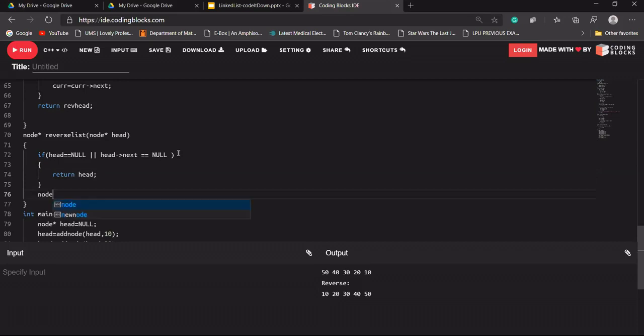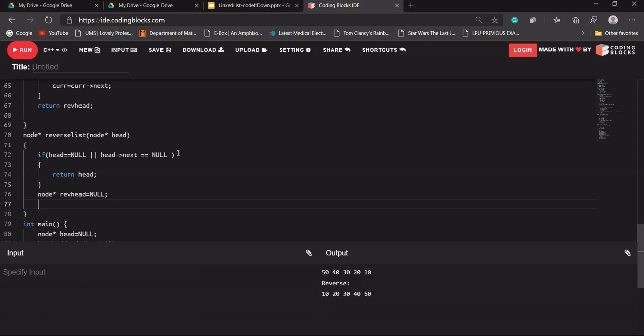Again, I'll create a node star, a reverse head this time, and again it will point to a null value. Okay, we will not create another linked list this time. We'll make changes in this only. Although we need a reverse head pointer to keep track of our new list, the part in which we have made changes.